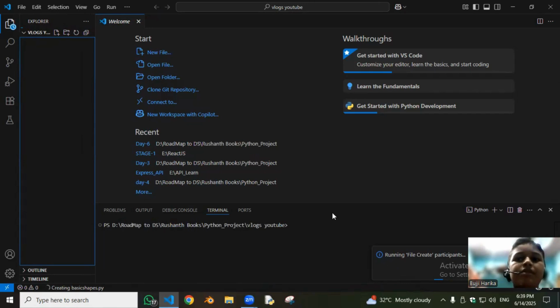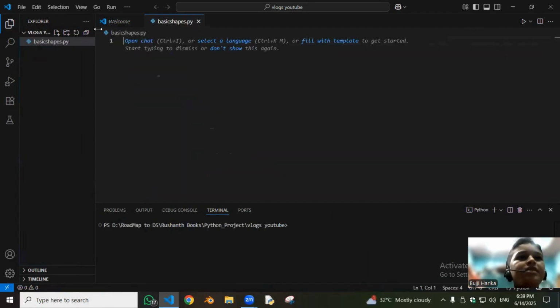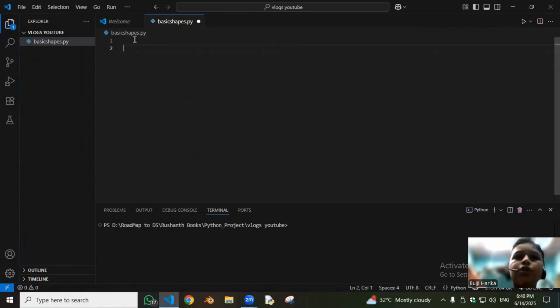Yes, it opened. Now we will do our coding here only. So first we have to import the turtle library to do all our code, right? Import turtle, and ending turtle.done